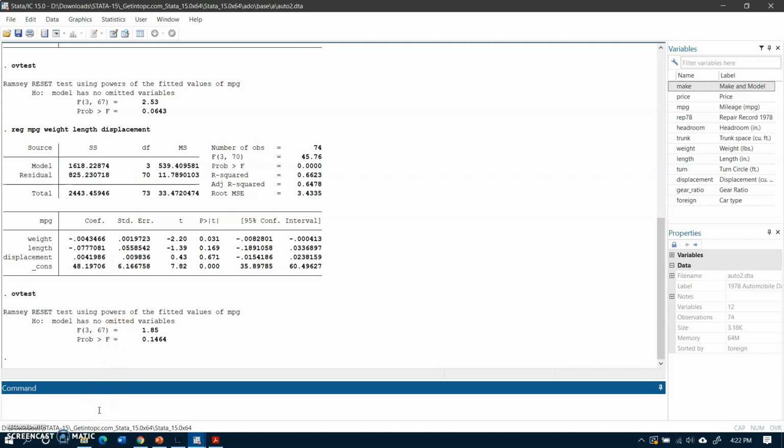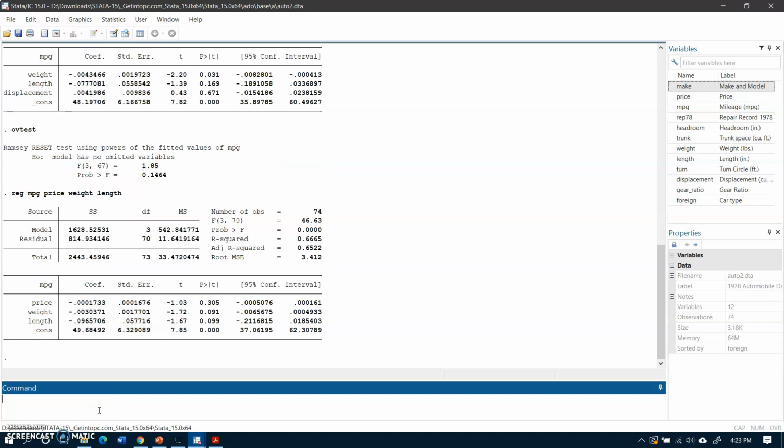Let me see if I can try some other variables, and this time I include price as a variable, and then weight and length, and here are the results.